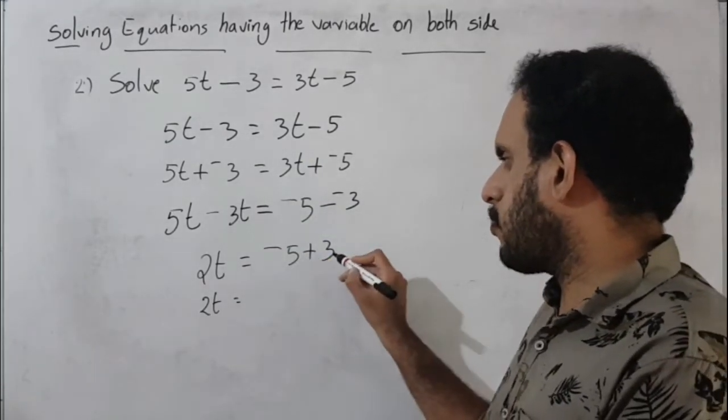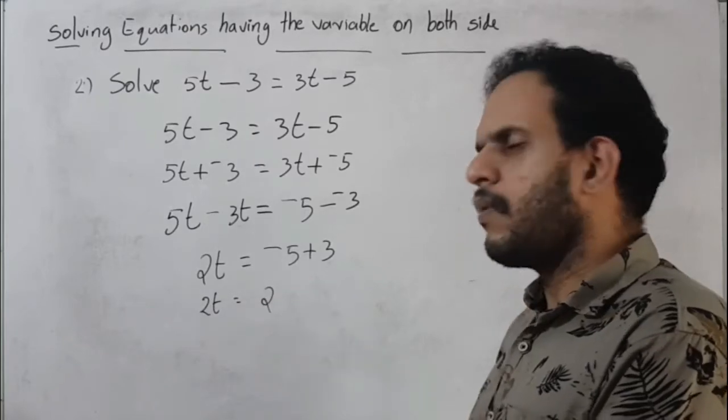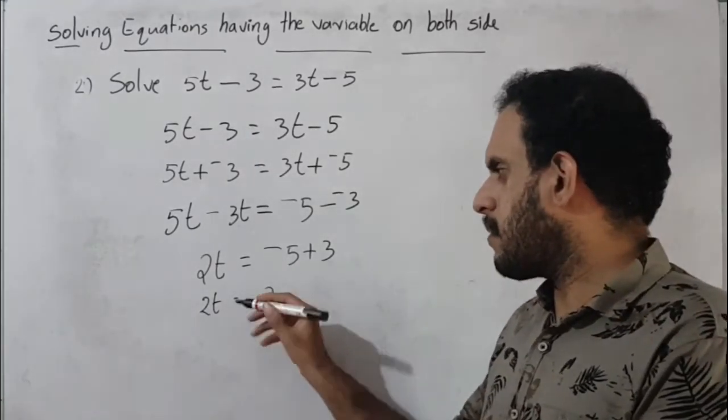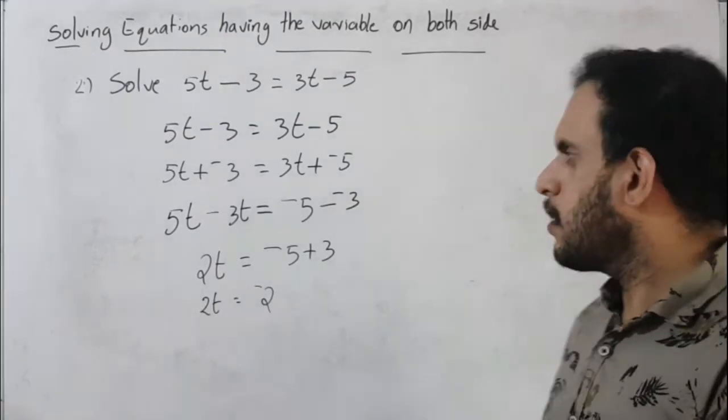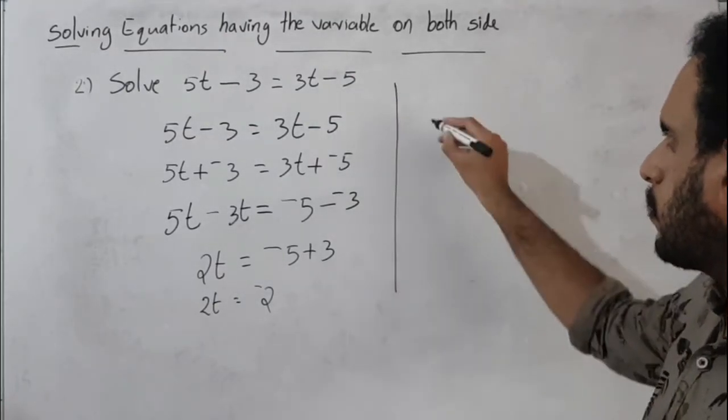So 5 minus 3 is equal to 2. What is the sign of the biggest? The sign of the biggest is minus. So 2t is equal to minus 2. Correct? 2t is equal to minus 2. Therefore,